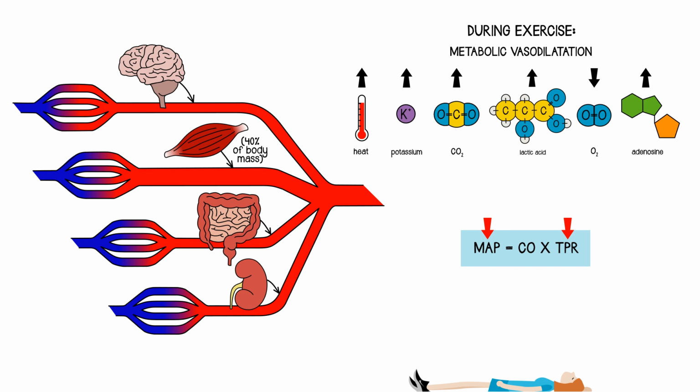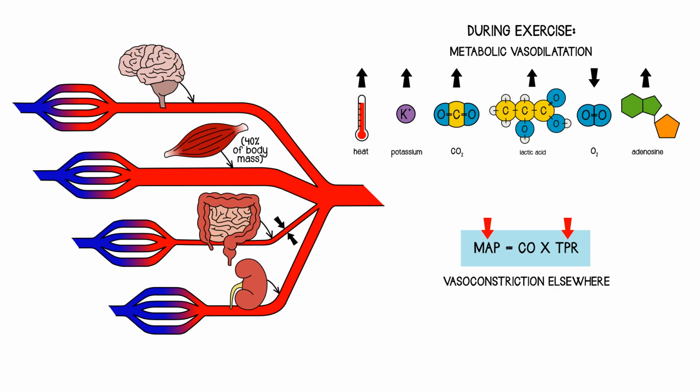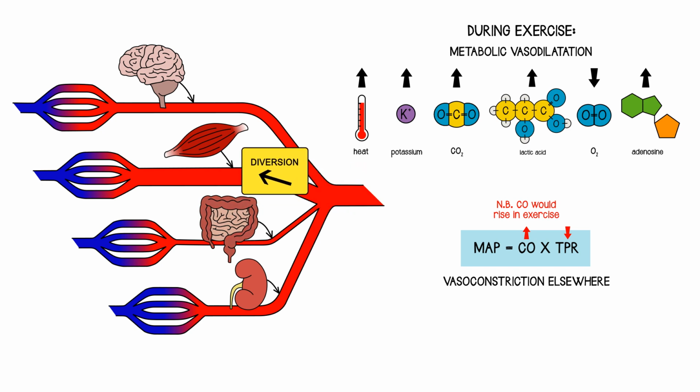So it might be quite a good idea if we could find a way to offset that vasodilatation by causing constriction somewhere else. And during exercise, this is often what happens. So as the muscle blood vessels dilate because of the metabolites, you might cause constriction of the blood vessels to the gut. And that would work in the arterioles as well. It would probably be mediated by the sympathetic nervous system, but if those ones constrict while the muscle blood vessels dilate, the hope is that the total peripheral resistance wouldn't drop too much, the body would be able to cope, and what you've essentially done here is you've diverted blood to the muscles from the gut.